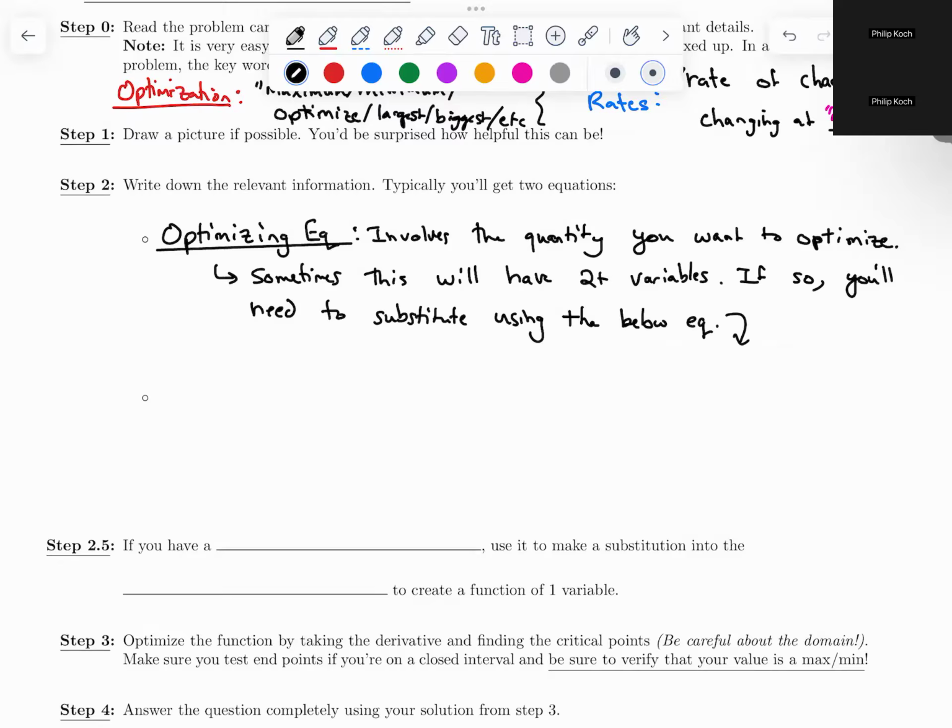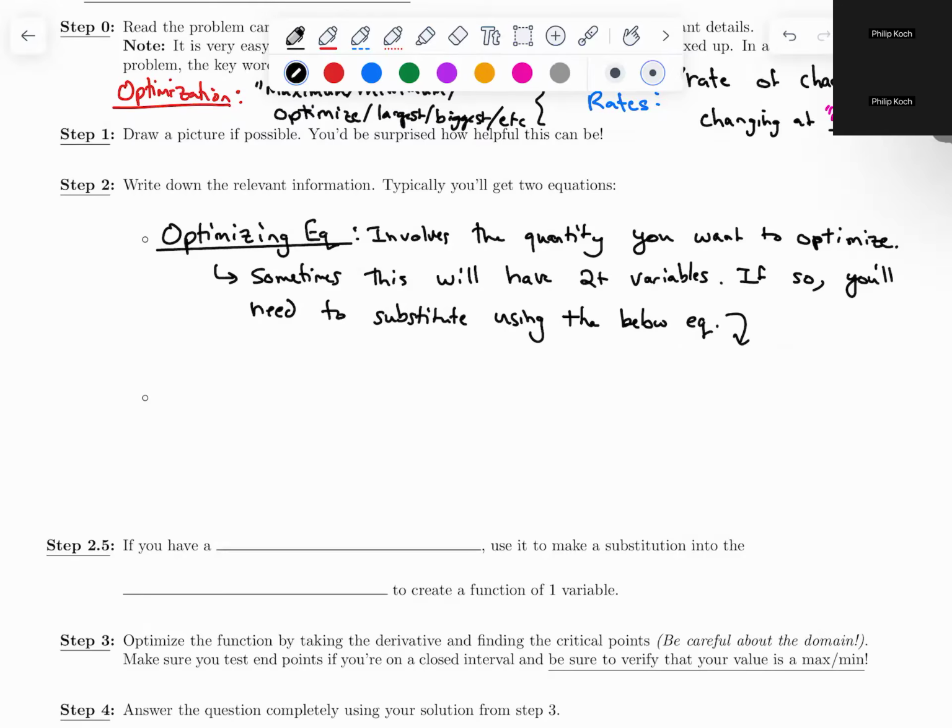An optimizing equation, and then sometimes you have multiple different variables. And seeing as this is calculus in a single variable, we haven't talked about multivariable functions yet. There's not really any way for us to take derivatives of multivariable functions. And you might be wondering, why are we talking about derivatives? Well, how are you going to figure out where you have a maximum or a minimum? You need to know the derivatives so you can use the first derivative test or the second derivative test. So if you have multiple variables that are true variables, they're varying, then you can't take the derivative yet,